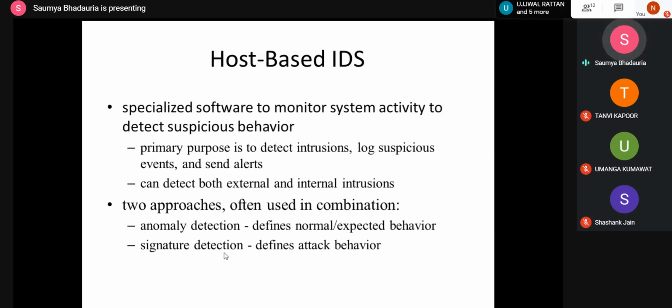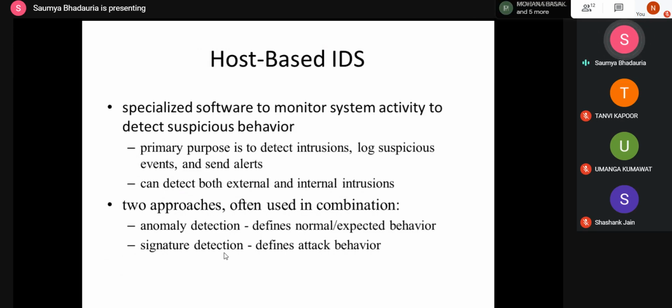As discussed previously, a host-based IDS would normally be introduced into a single client or a single system. The functioning of the IDS is the same as what is there in a host or in a network as well. So it is traditionally the same as what happens in a proper IDS.